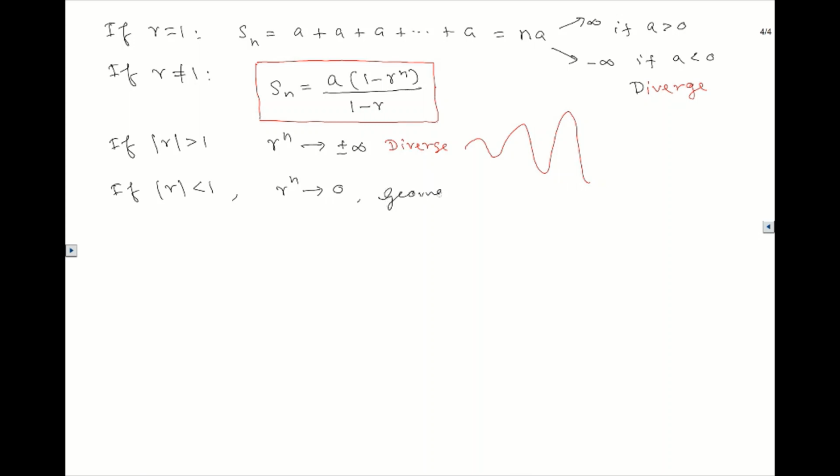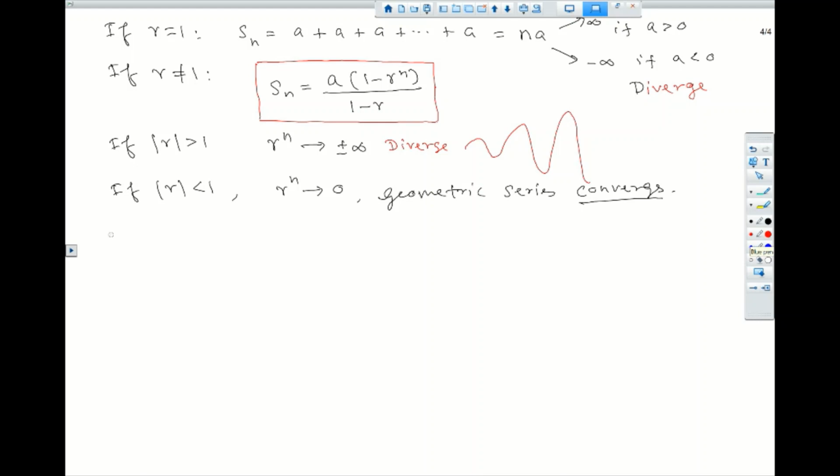So the geometric series converges if the absolute value of r is less than 1, and you can see that there are only two cases. Absolute r less than 1 is going to converge. Absolute r greater than 1 is going to diverge. If r equals 1, it also diverges. So we can simply include r equals 1 in the condition. Let's write this as a theorem, because this is a very, very powerful result. So the theorem is,